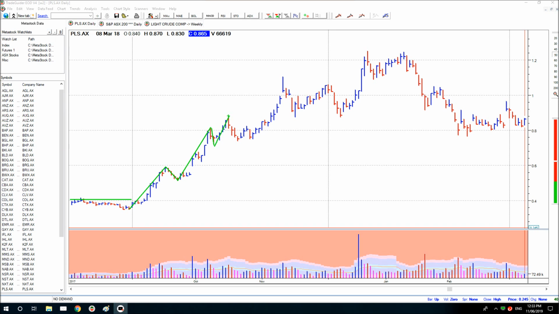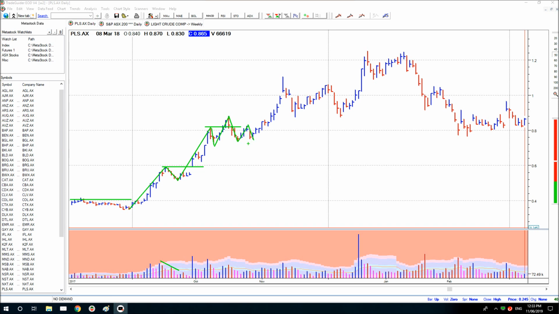Had two waves up, but this third wave really didn't make very much ground, and this was a shortening of the thrust. Effectively, price has broken out from 40 cents. It's doubled. It's now 80 cents. So there's no surprise that some selling pressure came in. Selling pressure was relatively light here. You can see down here the volume wasn't anything to be concerned about. And then price accelerated away. But now price has effectively doubled, and the thrust shortened, and some more supply comes in. So it's no surprise to see price having to spend a little bit more time consolidating.